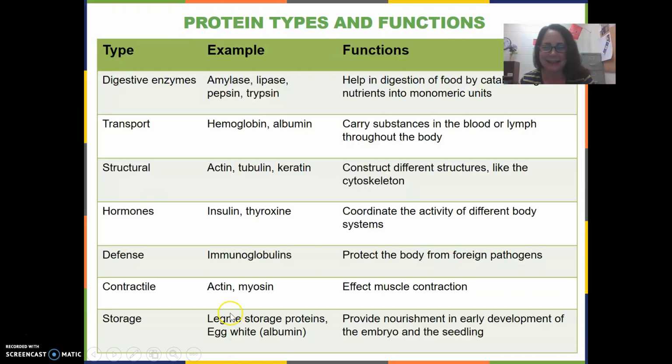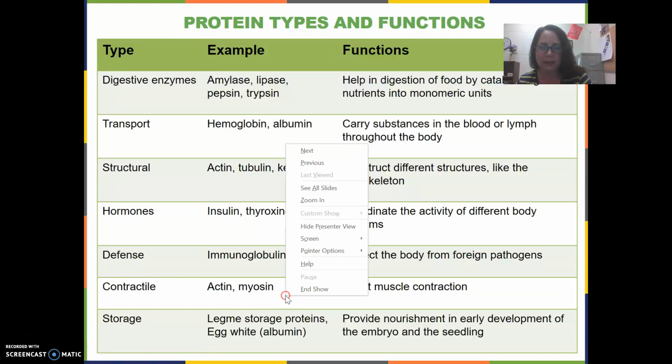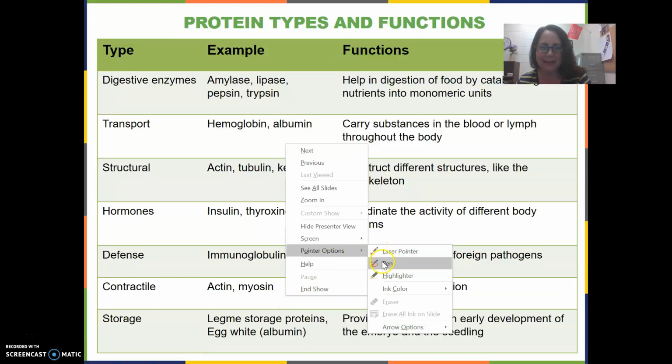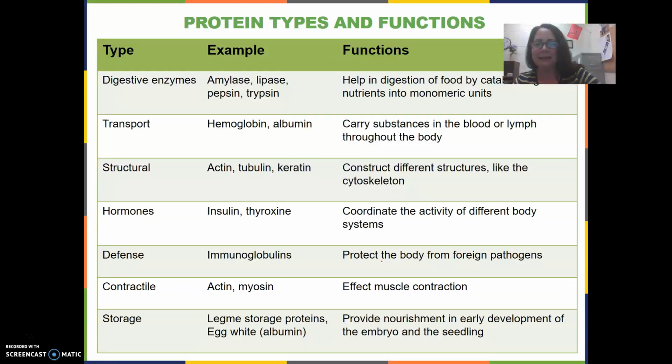"Legme" is a typo. In this particular slide, that means that was supposed to be legume. What this is saying is some examples of storage proteins. So this word should be legume. So examples of storage proteins are egg whites, where albumin is the storage protein that forms egg white,